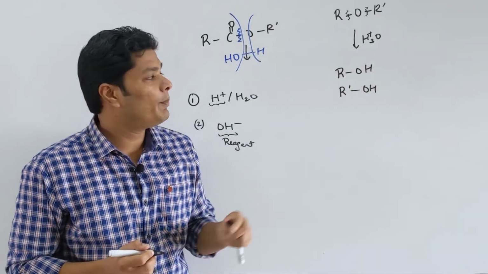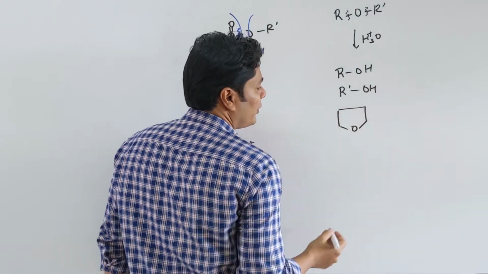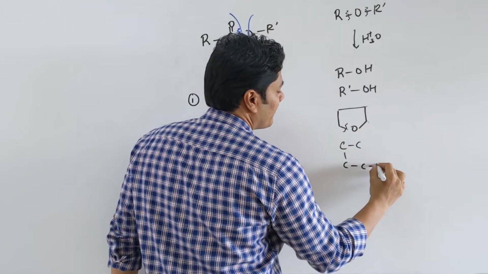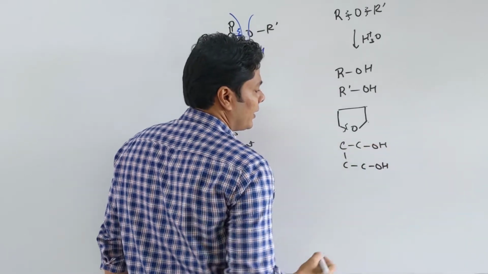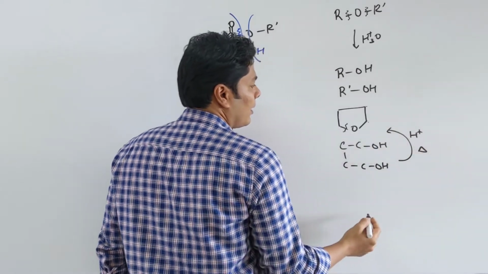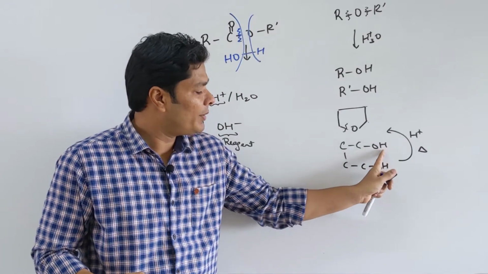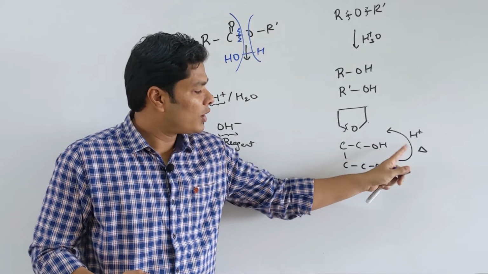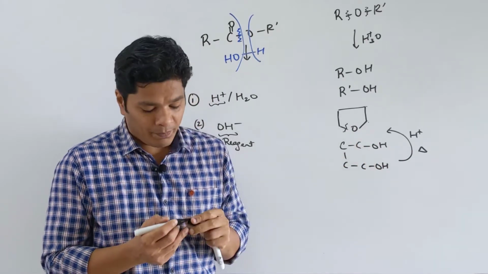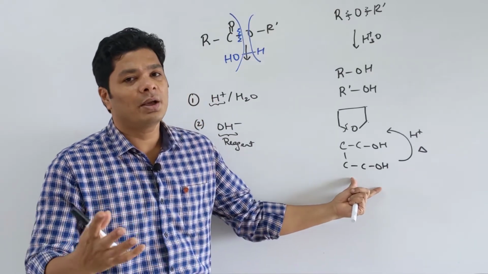This is a good way of knowing, particularly cyclic ether. For example, if I do this, I can break it here and say 1, 2, 3, 4 carbon atoms are there. I get a diol. Now if I do acid catalyzed heating, H plus is going to come here, removes this as water molecule, and this O behaves as a nucleophile, goes and attaches and gives you the corresponding ether. Now this is something where you can only understand it much better when you see it as a part of a problem.